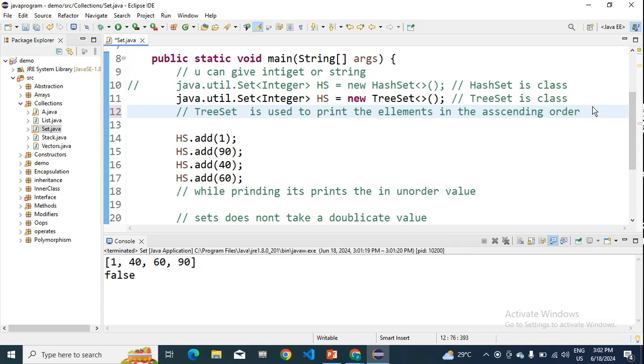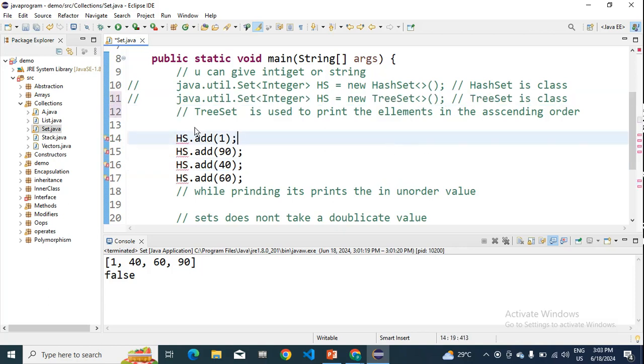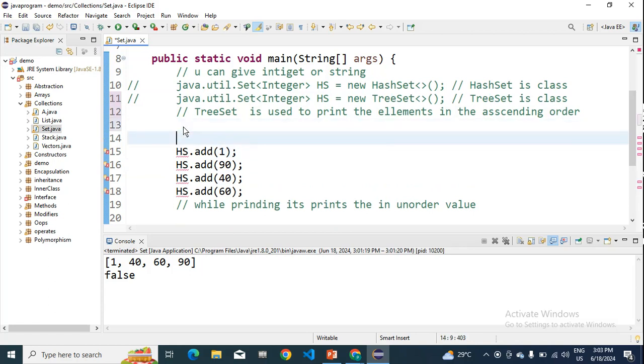So it is by default only in ascending order. See, it is printing in the ascending order. Suppose you don't want to print in the ascending order, and you want to print in the same order. At that time you will be using